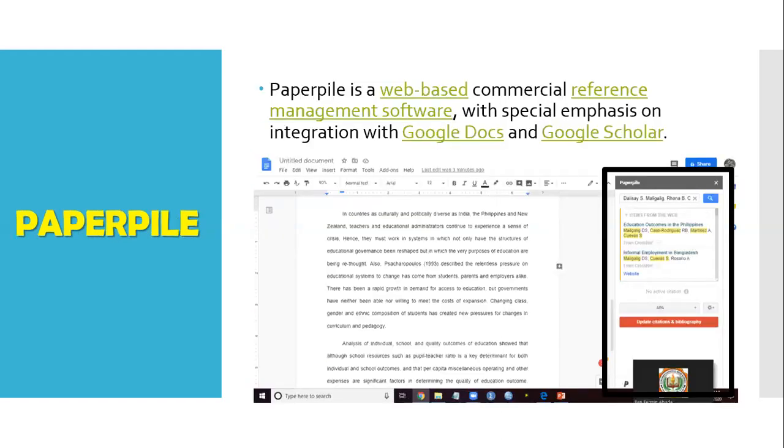Now, we go on with Paperpile. Ano nga ba yung Paperpile at paano nga ba natin ginagamit yung Paperpile? Ang Paperpile ay isang web-based commercial reference management sources with special emphasis on the integration with Google Docs and Google Scholar. So alam mo guys,